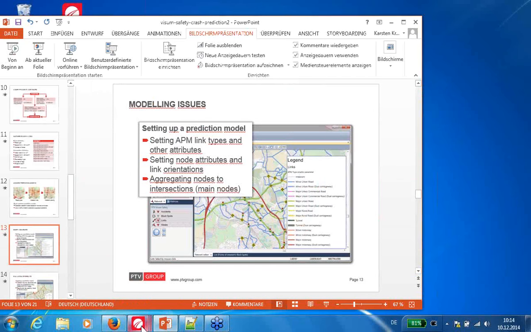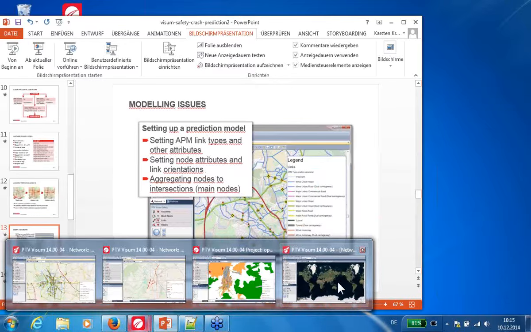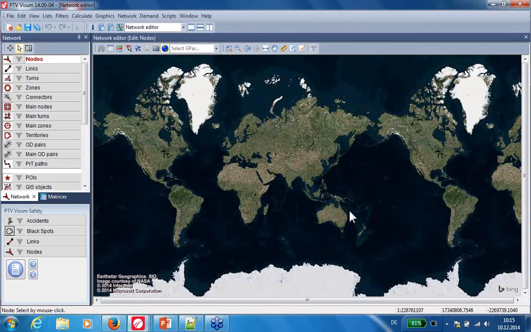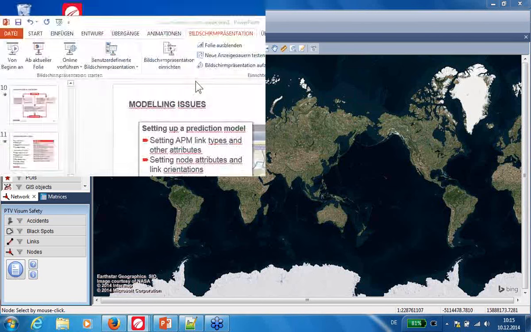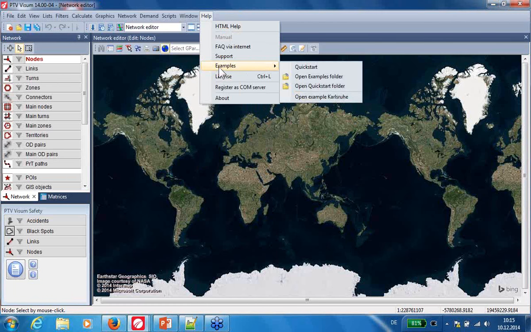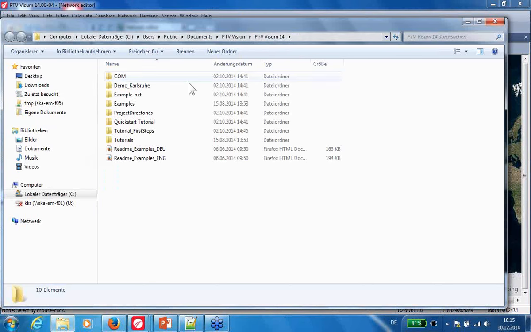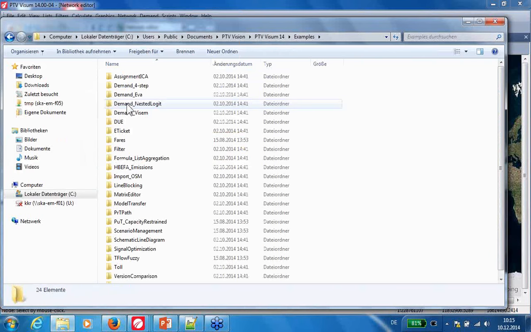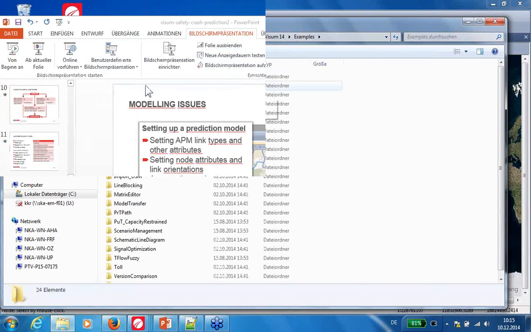If you want to follow or do this yourself, what I'm doing here, you have to start PTV Visum Safety, not just start PTV Visum. If you have started PTV Visum Safety, then you will see this little PTV Visum Safety window down here. And we'll use for a start a network which is one of the Visum examples. You will find this if you go to Help, Examples, Open Examples folder. And here you have the folder Examples. And there is the demand 4-step